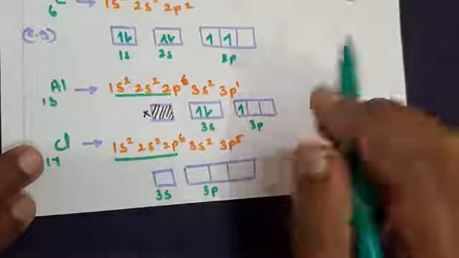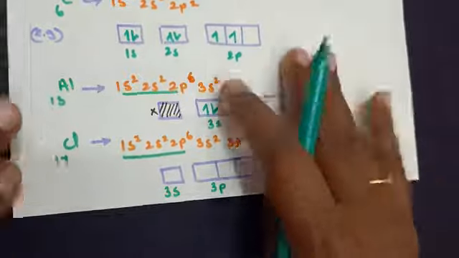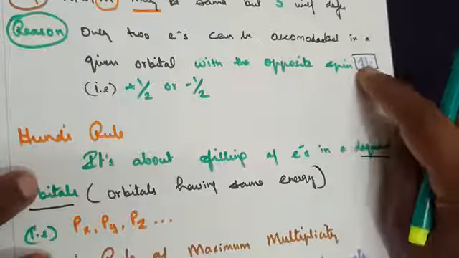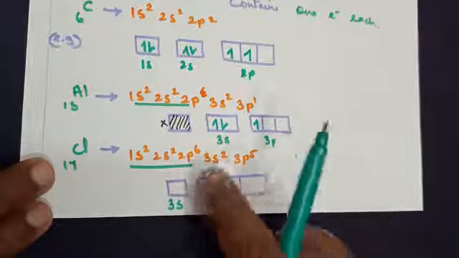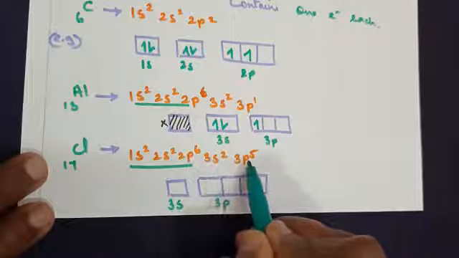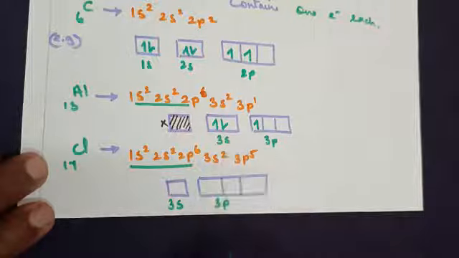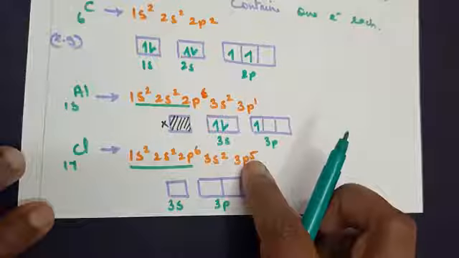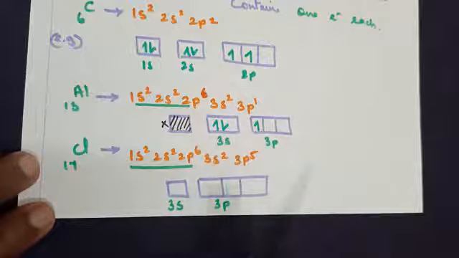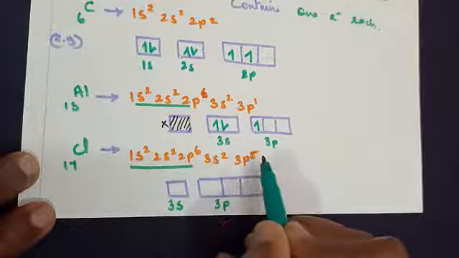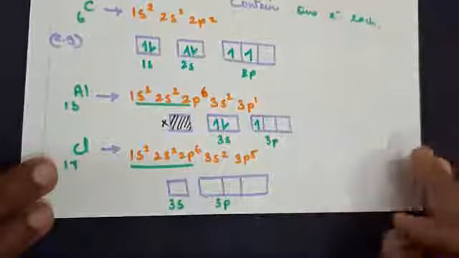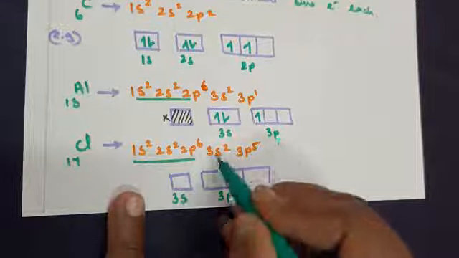P orbital means I told you 3 boxes will be there. According to Pauli's exclusion, 2 electrons can be there in each orbital. So 2 times 3 is 6. So 2p6 is completely filled. If you look at 3s2 and 3p5, 3s2 completes the third energy level, but 3p5 is running short of 1 electron. So these orbitals only will take part in the reaction. Either they will receive the electron or they will donate the electron. I am plotting the configuration for 3s and 3p.